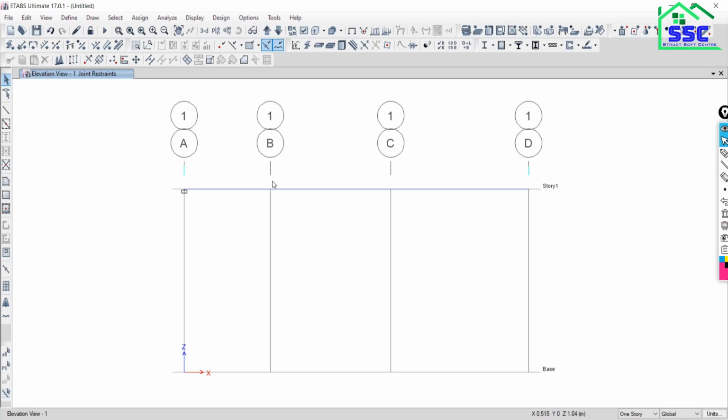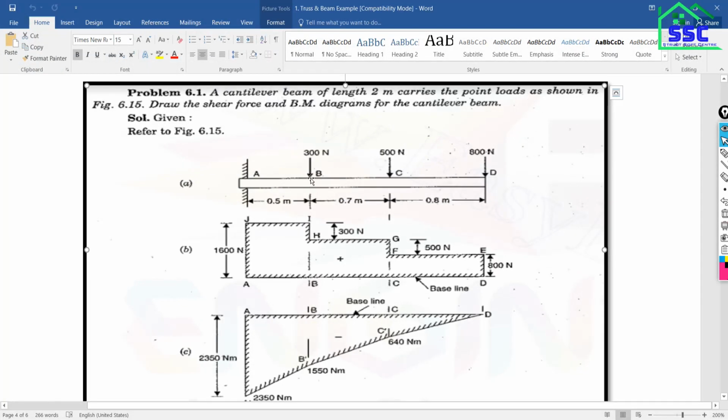Once you are done, go to the joint where you want to assign the loads. As you can see here at joint B, you have to assign 300 newton.